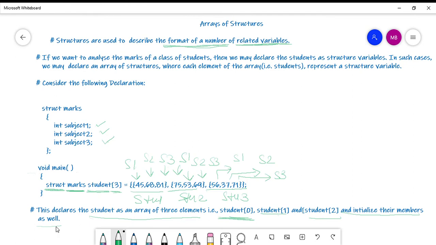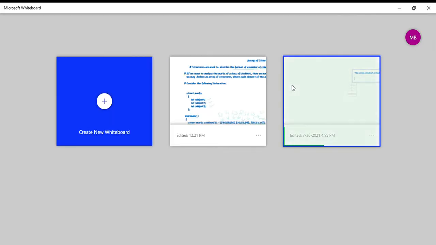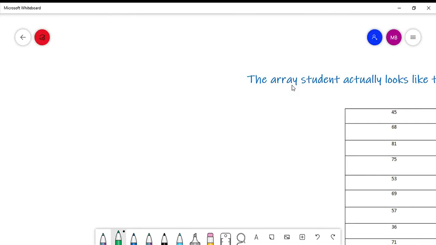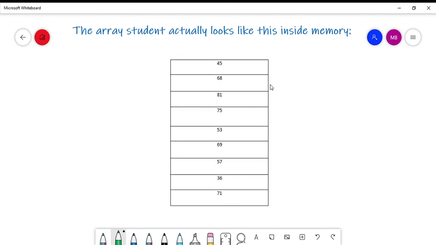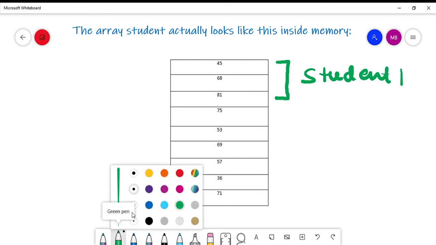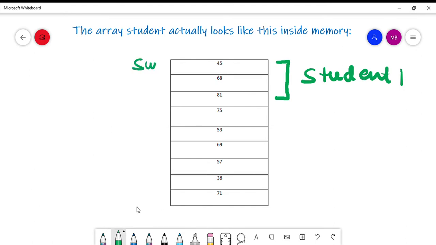Now how does this look in the memory? In the memory it would look like this. So the array student actually looks like this inside the memory. It goes on like this. So these three are for student 1, right? For student 1, the marks of subject 1, then the marks of subject 2 and the marks of subject 3.